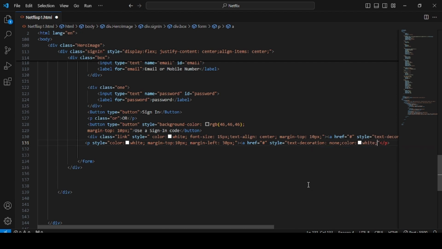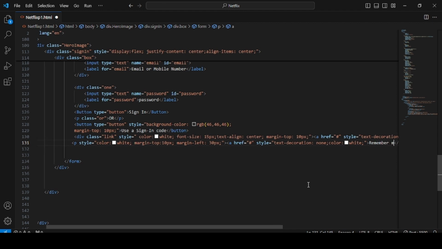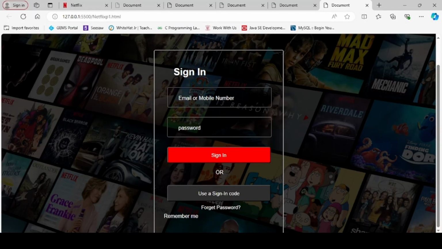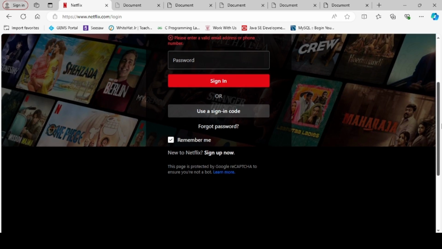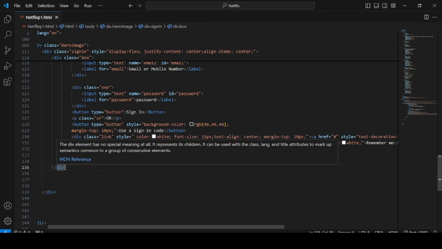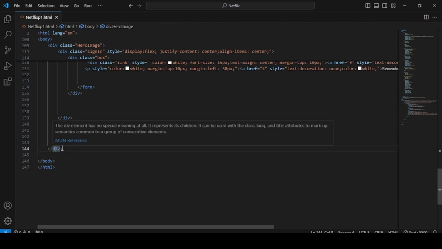And here we have to give our text, and that is "Remember me." Save, and this is how it is looking right now. Now after that we have to close this box, then we have to give this thing. So here, closing my form tag, then box tag, and then the sign in tag, and this is our hero image